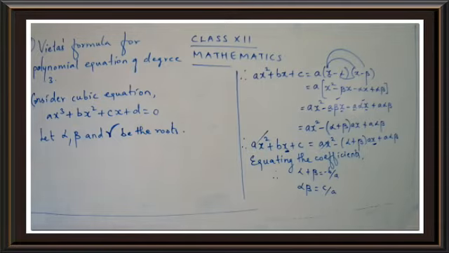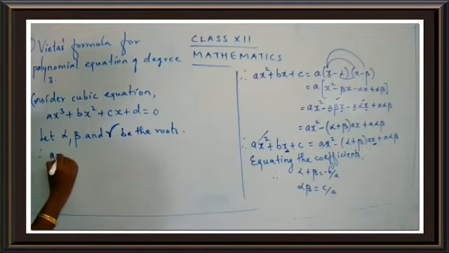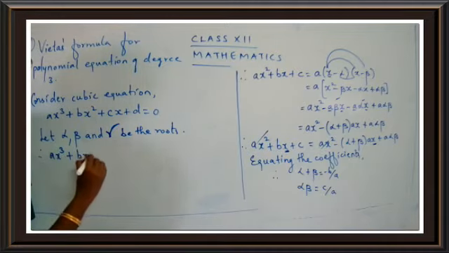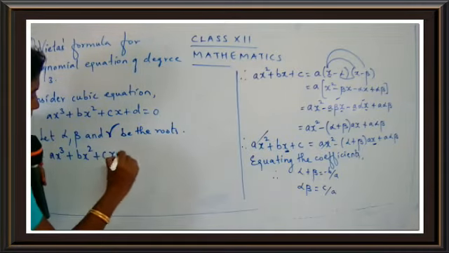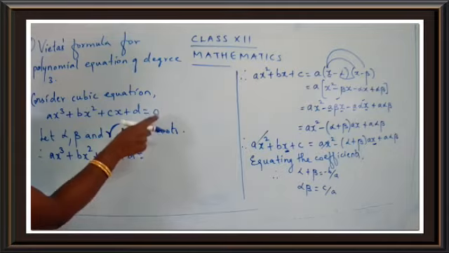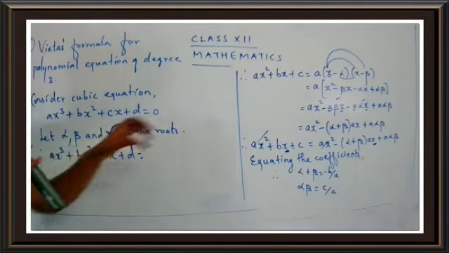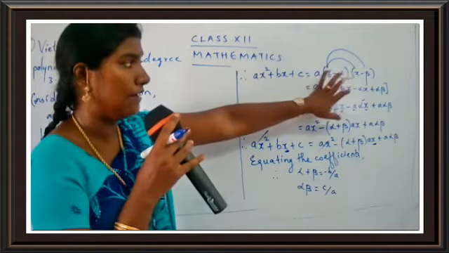What will be the roots? So how are you going to write it down here? So this will be ax cube plus bx square plus cx plus d is equal to what are we going to write in place of 0? You see, here we had alpha and beta as the roots.